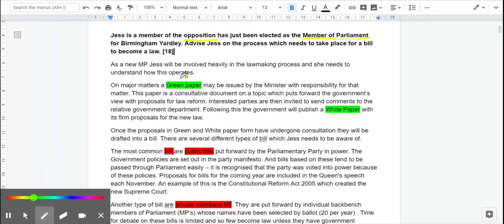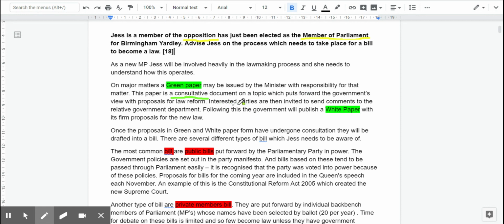We're going to start by saying that it's going to start with a green paper. And that's going to be issued probably by the minister who is in charge of that matter, and that it's a consultative document. So there's going to be people who are going to be asked for their opinions. And you might want to include examples of where this is relevant. Today, on the 2nd of July, I filled in a consultative document, which will be the basis of a green paper regarding A-level exams and GCSE exams for next year. I'm an interested party as a teacher. So that's where a green paper is going to come in.